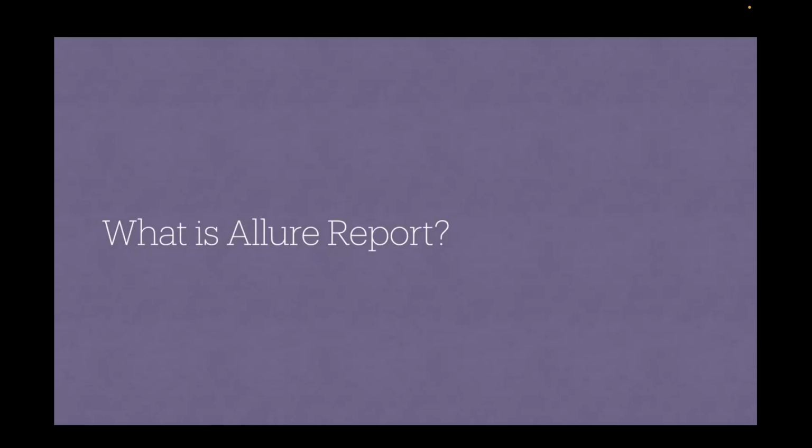What is an Allure report? Allure report is a popularly used test automation report. It provides details such as step-by-step execution, screenshots, logs, and trend analysis. It provides details like the number of tests executed with the test status pass, failed, and also the time taken to run the test. It provides a trend analysis of the test execution, like how much tests were run in how much time, and what is the analysis, like it took more than the previous run or less